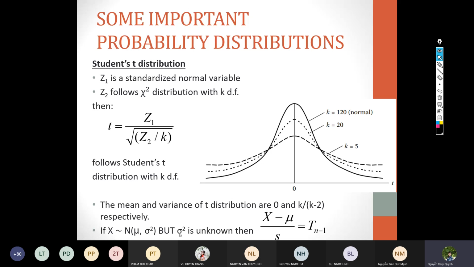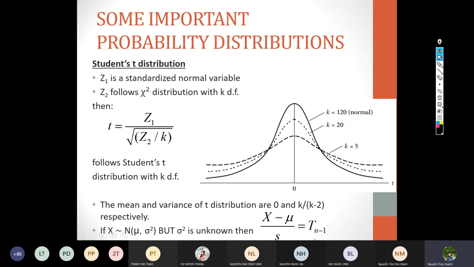Okay, we do not know the exact value of sigma square here, and we have to estimate sigma square by the sample variance, that is S square. Then (X bar minus mu) divided by S, the standard error, will